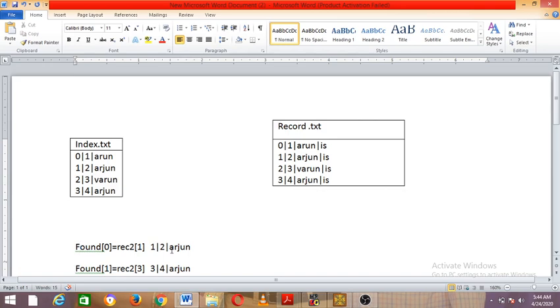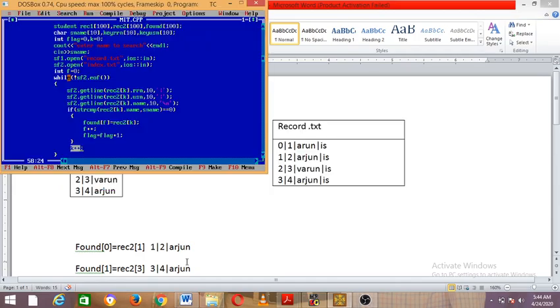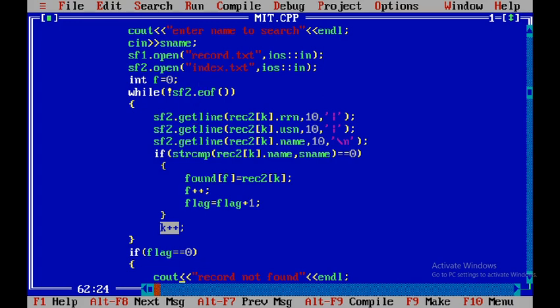When there are 2 instances of same name, I'll create multiple instances of found object, found of 0 and found of 1. Got it? Just visualize this, people. It will be a benefit in the future as the program goes. Done. Again it comes, end of the file is reached, come out of it.